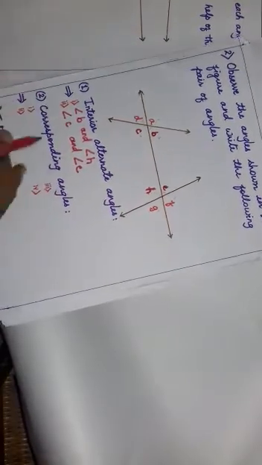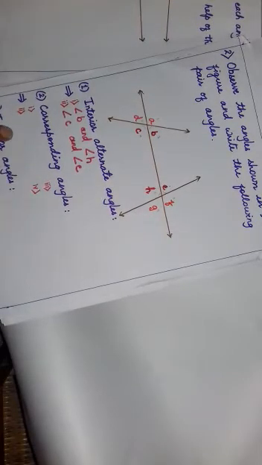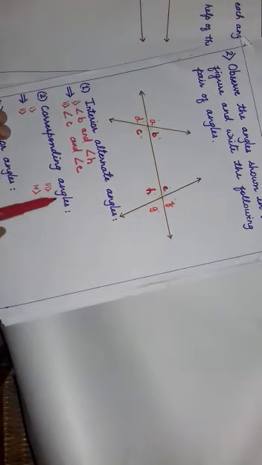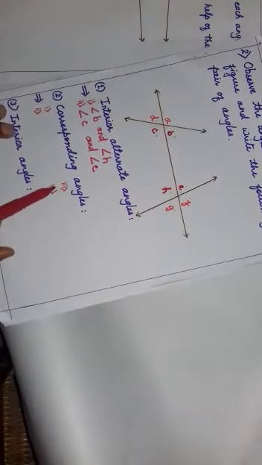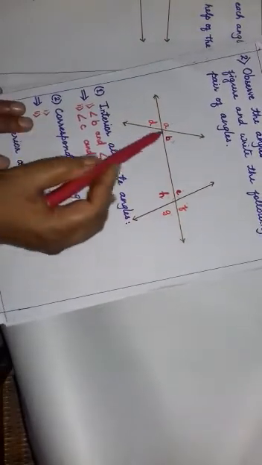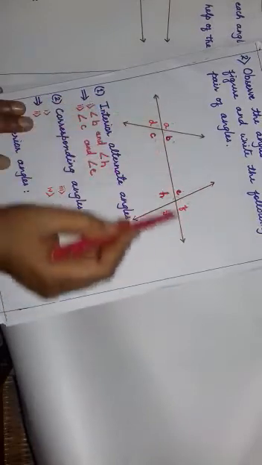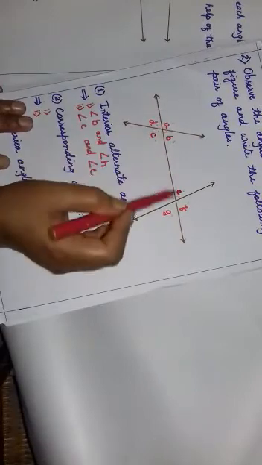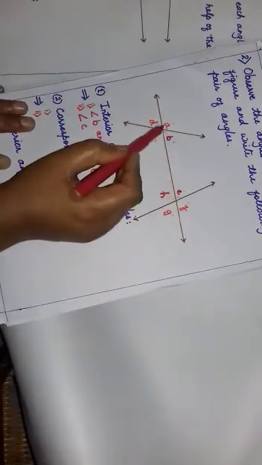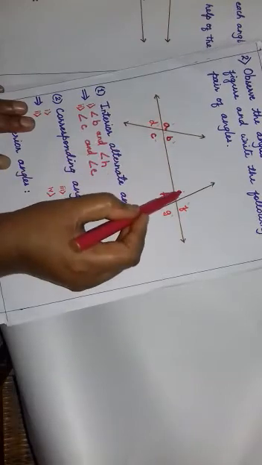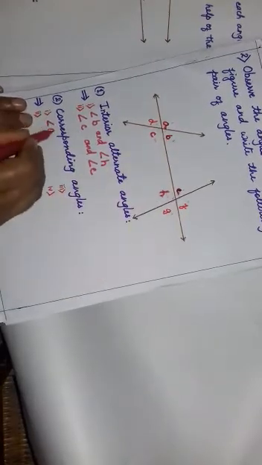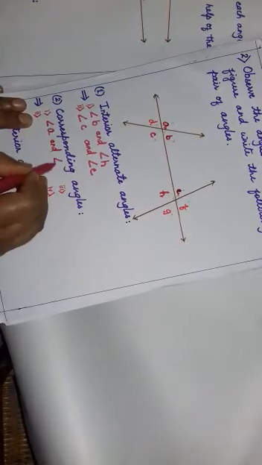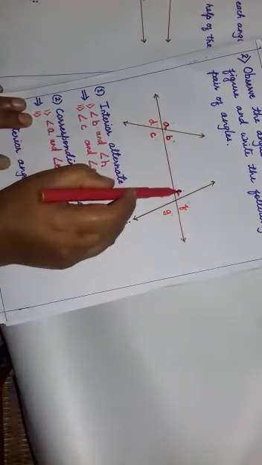Now the next pair is corresponding angles. Now you already know, you have seen in the first question, how many pairs of corresponding angles we have? 4 pairs. First, second, third and fourth. So the first pair among here is when these 2 lines are parallel and this is a transversal. So which pair? The upward angles. Upward angles are corresponding angles. So angle A and angle E is the first pair, A and E.